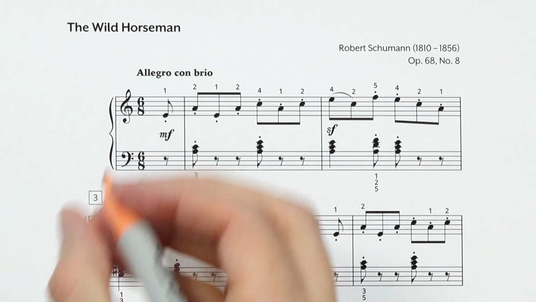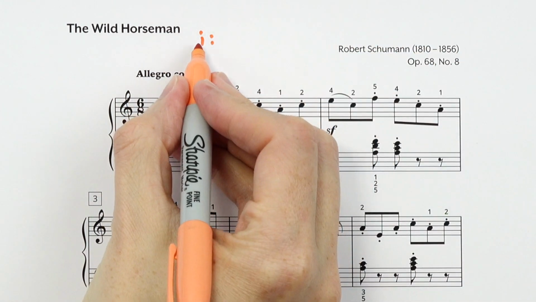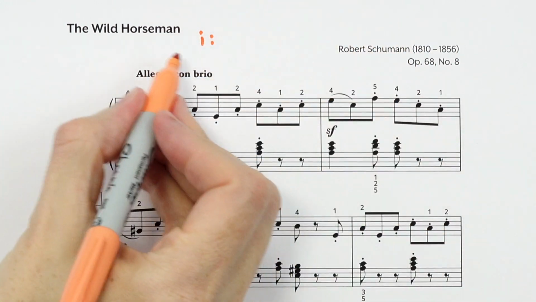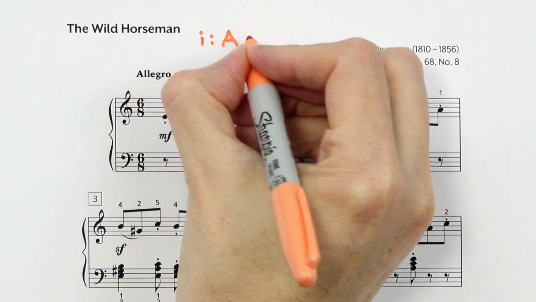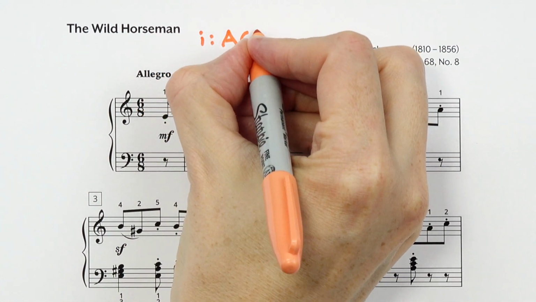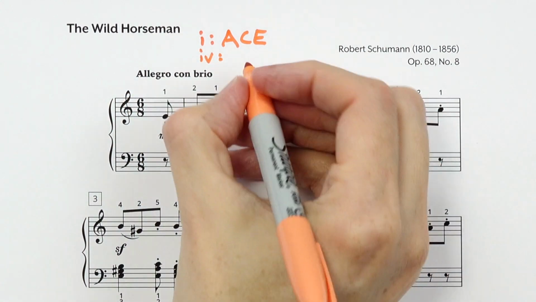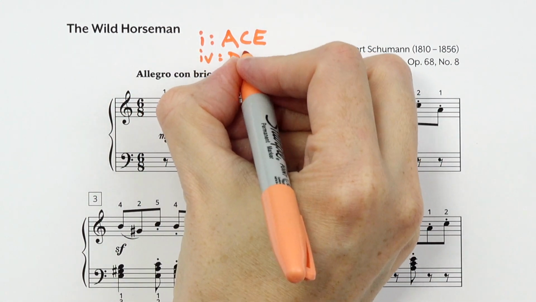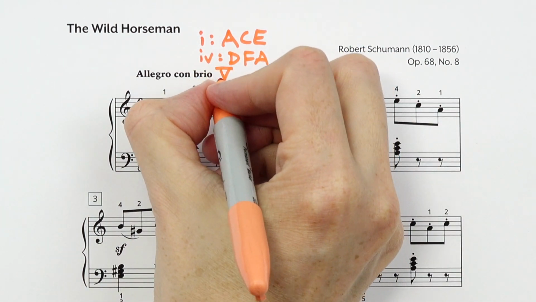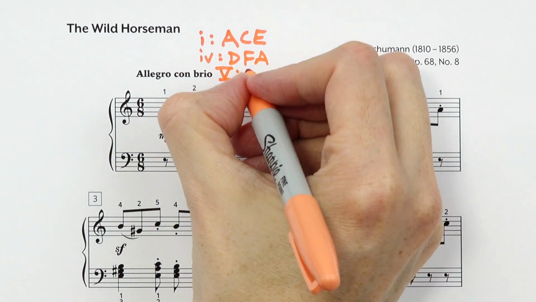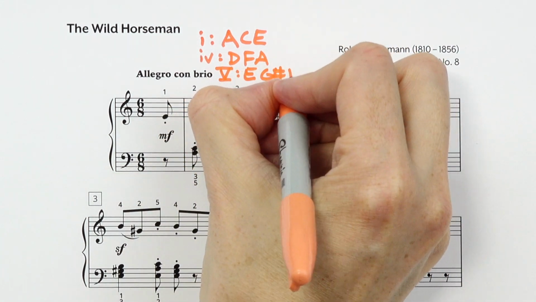So now, in your own sheet music, I'd like you to write out the spelling for the 1 chord, and remember we'll use an uppercase Roman numeral I, and that has an A, a C, and an E in it. And our 4 chord is spelled D, F, A. You can do this in your music too. And then the 5 chord is what? We have an E, G sharp, B.